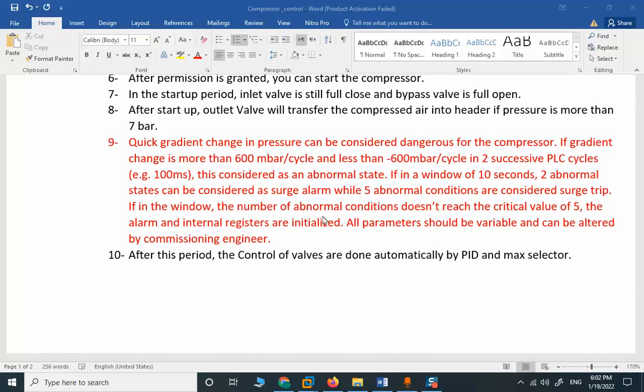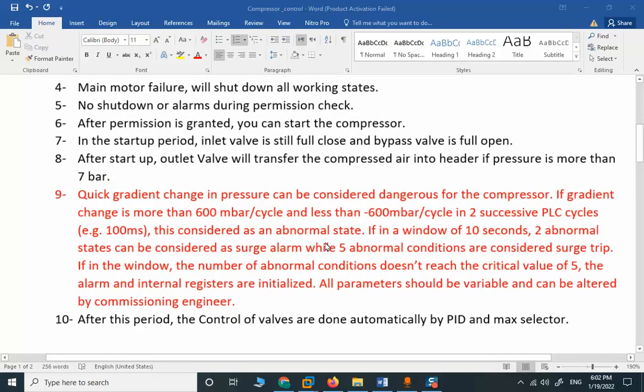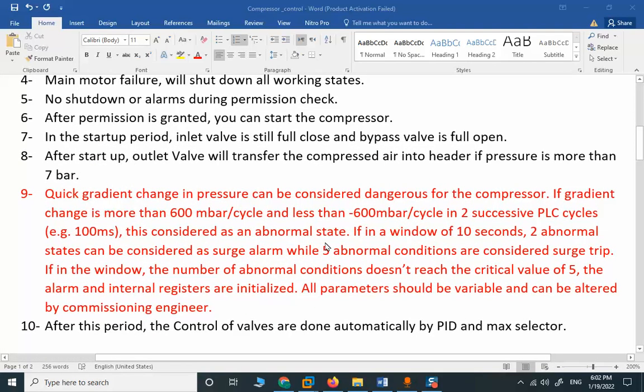We are back again with the trip related to gradient change. A quick gradient change in pressure can be considered dangerous for the compressor. If gradient change is more than